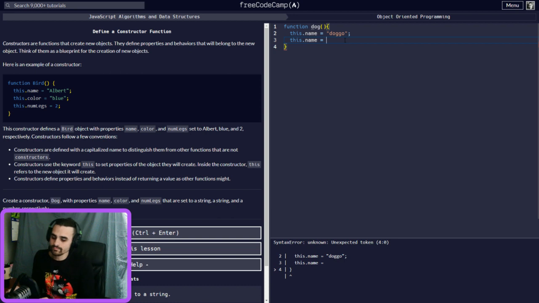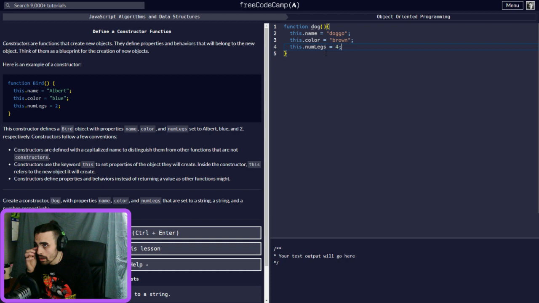So this.name equals doggo. We need color, so let's go with brown. And then this.numLegs, and we're going to go with 4. Okay, there we go. We've created one.